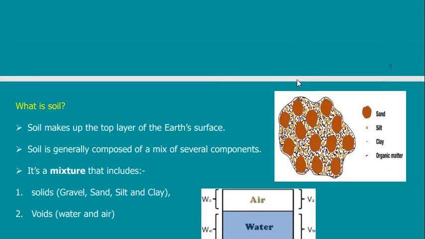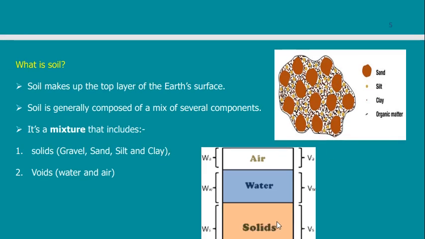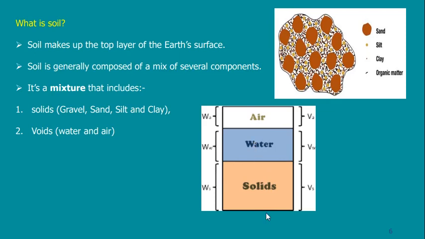what is required. Soil is very complicated, it is very random, it is very different from any other engineering material. So we have to try to approximate this soil into something that we can deal with. I cannot deal with this shape, but I can deal with this shape. If I say that I have a portion of air, a portion of water, a portion of solid, then I know the properties of these three materials alone, so I can approximate or try to deduce some equations based on this